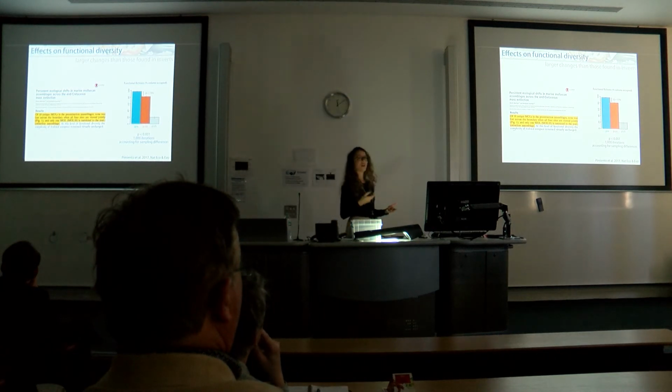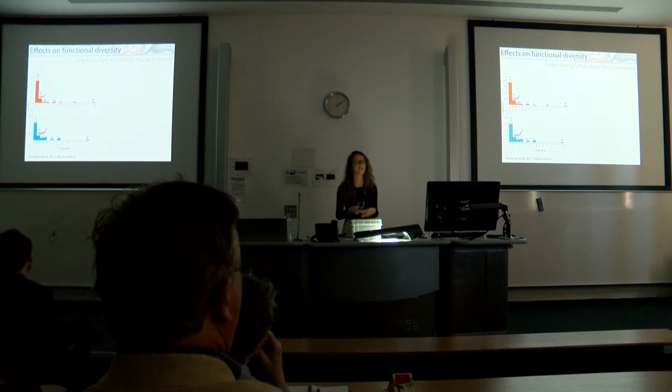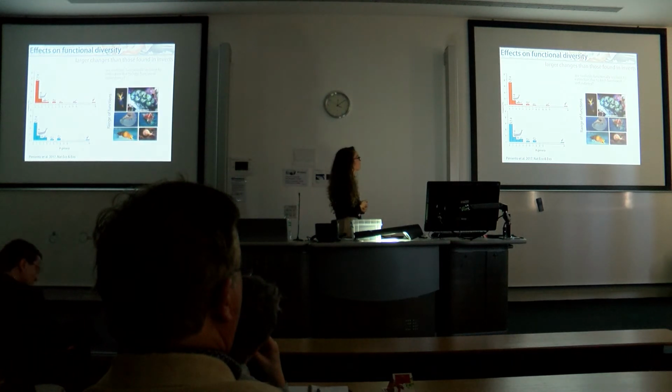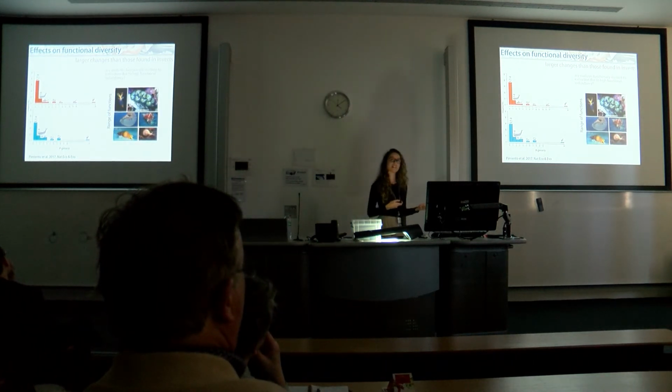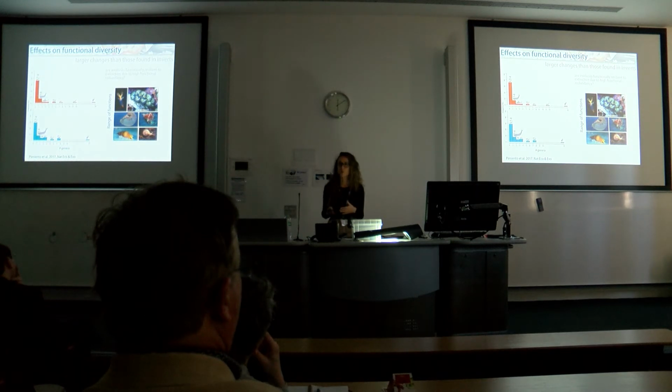So the reason why we think we have such a difference is because we're talking about marine megafauna. So these are big animals. And actually, because they're so big, they're not very redundant. So for each functional entity, we have, for the most part, 1 or 2 taxa filling that particular group. So of course, when you lose one species, you lose functional entities. So we wondered if that's the case for mollusks. We couldn't do some sort of direct comparison with other studies because it depends on what traits you use, what resolution, etc.